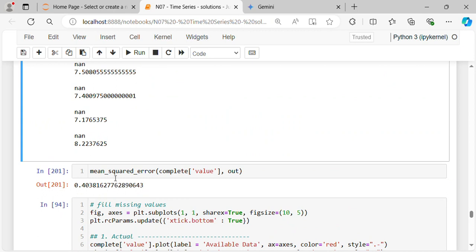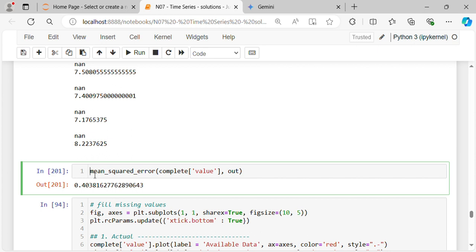Then we take those out values, and we find the mean_squared_error of complete values and out, and we get 0.4038, and so on. And if we do np.round of these values, comma 2,